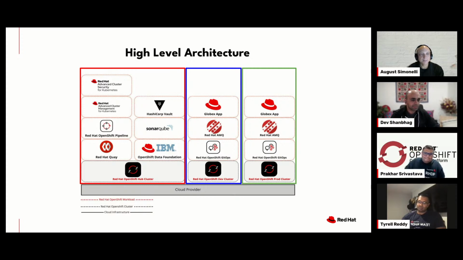Yeah, it's a great lead in because now we have the scene set. We know the problem. Now we have to figure out how this really works, and we've got the person and the team here to show us how to do it. Tyrell, why don't we hand over to you and let's see it. Cool. Thanks, August. Sure.